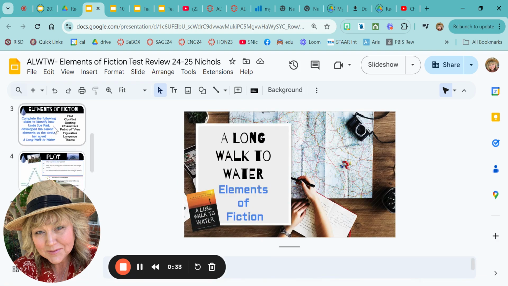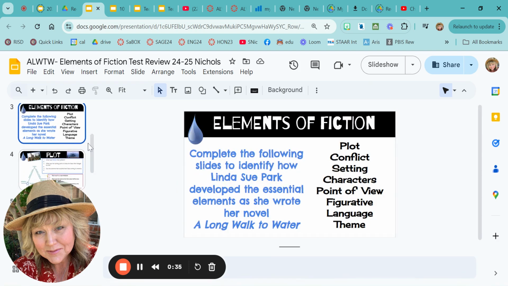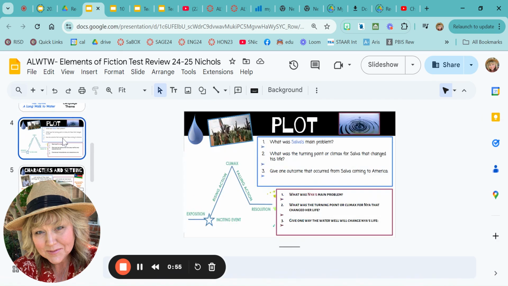So you go through the slides and you're basically thinking about the elements of fiction. We've already worked 2 assignments using elements of fiction, but you're focusing on how Linda Sue Park developed the essential elements as she wrote her novel, A Long Walk to Water. Think of things like the plot line, the conflict, the setting, the characters, the point of view, the figurative language, the themes, etc. So on this slide 5, you're thinking about the plot line,